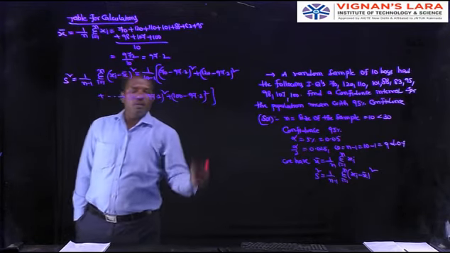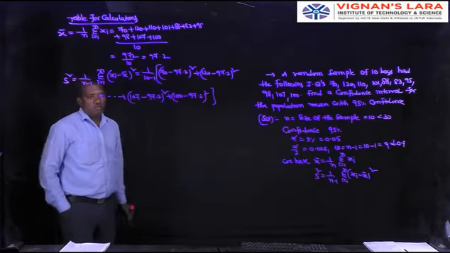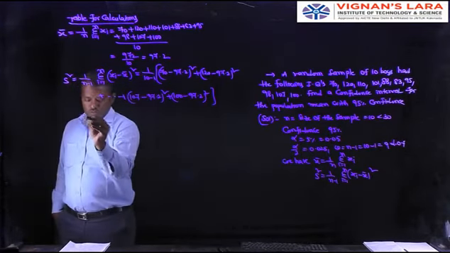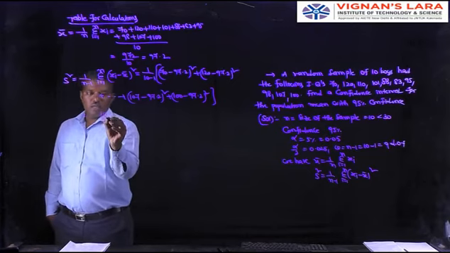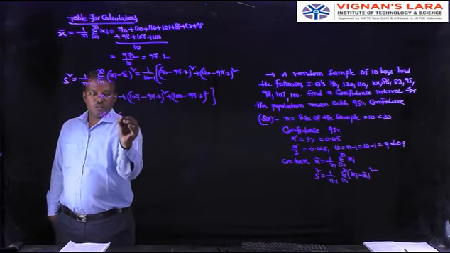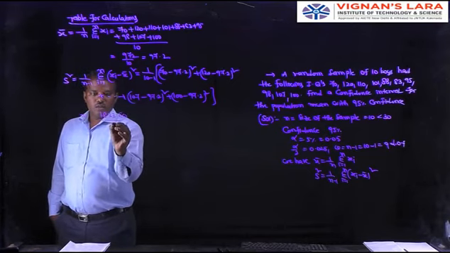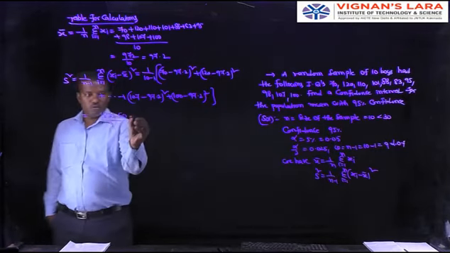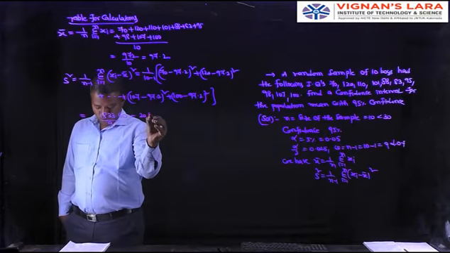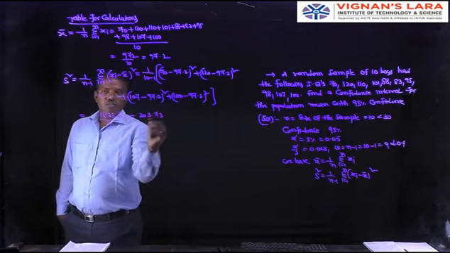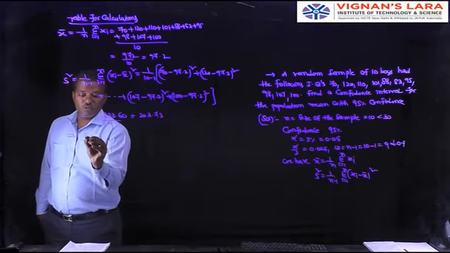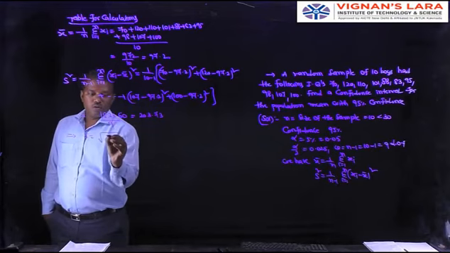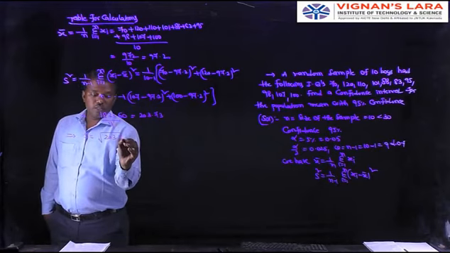Each value minus its corresponding mean, whole square. That is equal to 1833.60 by 9, that equals 203.73. That is the value of s square. Then s is equal to root over 203.73,